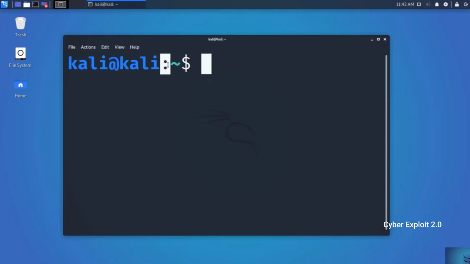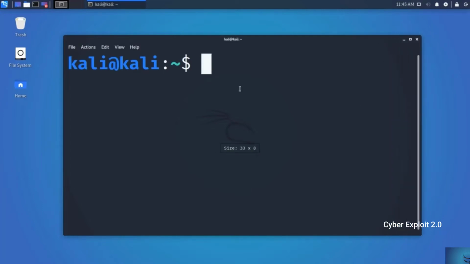The colon is a simple separator, and the tilde sign shows that the user is in the home directory. If we change our directory, then this will vanish. And this dollar sign suggests that you are working as a regular user in Linux. If we change our user to root, this sign will change to a hash sign. If you don't know what a root user is, you can assume it as the administrator privilege user of the Windows operating system. Okay, now we know the terminal better than before. Now we can go to the basic commands.